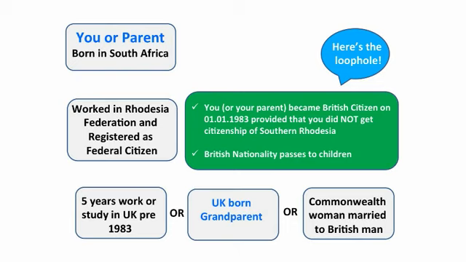If this is the case, an automatic grant of citizenship of the UK and colonies is made in 1963, and when coupled with either 5 years' work in the UK, or perhaps a UK-born grandparent, or indeed if the subject's a woman married to a British man, this leads to full British citizenship being granted by operation of law in the post-1983 period.